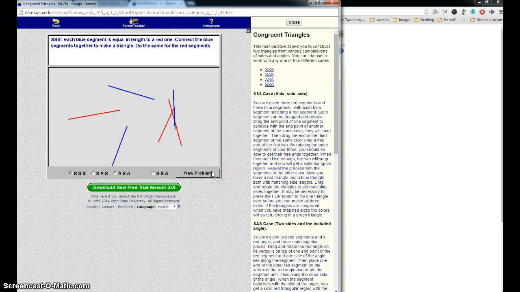In this situation, I get segments of equal lengths of blue and of red. The directions state, connect the blue segments together to make a triangle. Do the same with the red segments. So I can move my segments together,